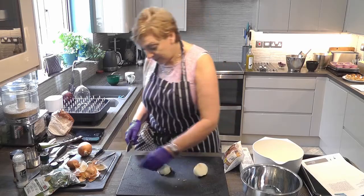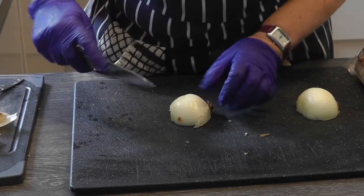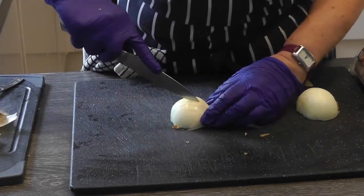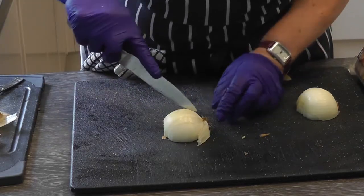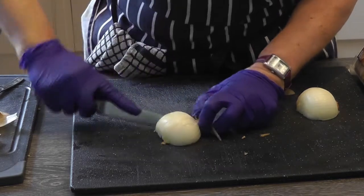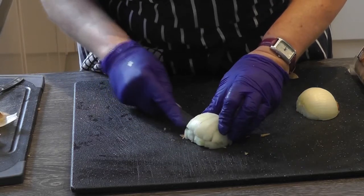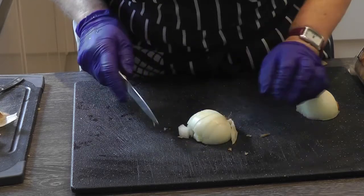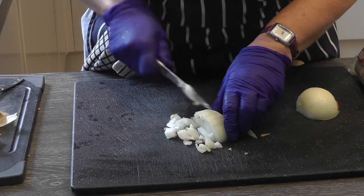And then this is a tricky bit, and I think an adult may be wanting to do this. So very carefully cut down, not right to the end. I don't know if you can see what I'm doing here. It's a bit difficult, but I'm not going right to the end there. So as you can see, it's still all together. And then I'm going to very carefully cut right the way through, again not right to the end, and then I'm just going to cut up and down like that,